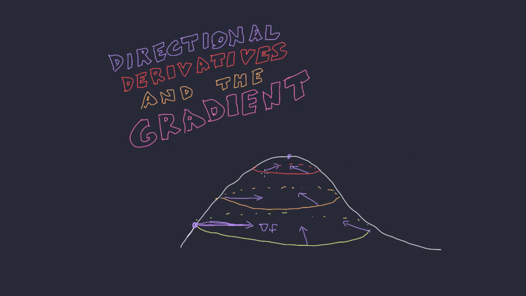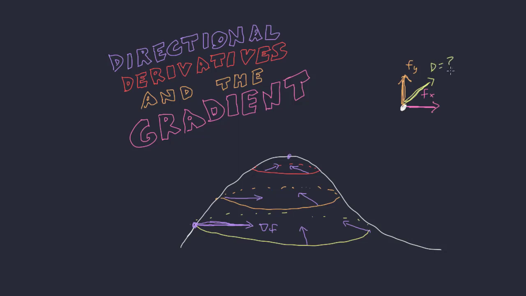Alright, hello class. In this video we're going to be talking about directional derivatives and the gradient. This looks to answer the natural question: given a surface, and say we're sitting at a point, we can find the derivative in the positive x direction, right? That's f sub x. And we can find the steepness of the surface in the positive y direction, that's f sub y. But what if we wanted to find the derivative